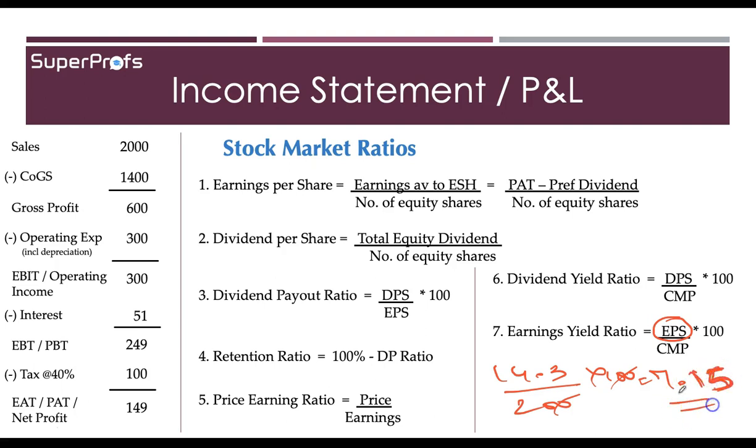What does this mean? This means that at the current market price, the earnings that you are getting is at 7.15%,